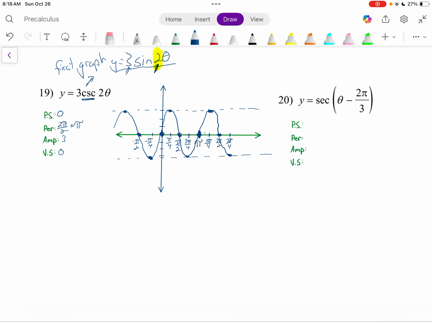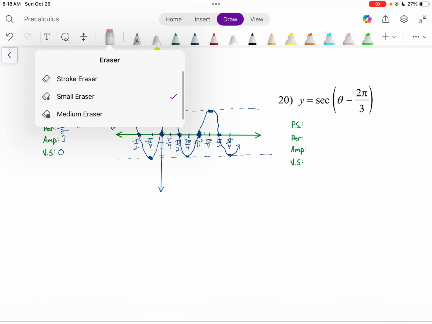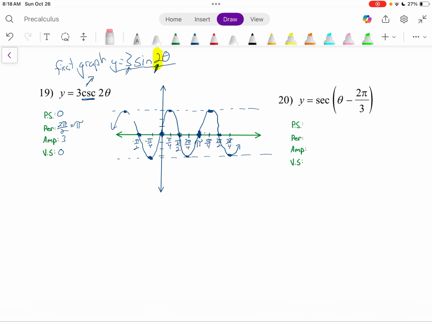Now remember, this graph I just graphed is not our answer. That is not our answer. We're using that to help us get our answer. So make sure you indicate in some way. You can make that dashed, to show that it's not the actual answer. Because now what we want to do is graph